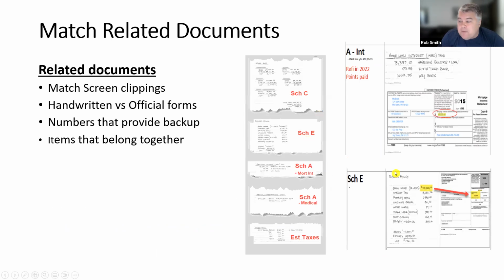We're going to be able to match related documents, because inside here, this over here is Schedule E. This right here relates to my Schedule E. Well, guess what? I have a 1098 that relates to this information. But before, think about yourselves, you've got a PDF sitting over here, and you've got to scroll down over to here and then match the two up. So the amount of time it takes you to scroll and line those two up, you don't have to do that,